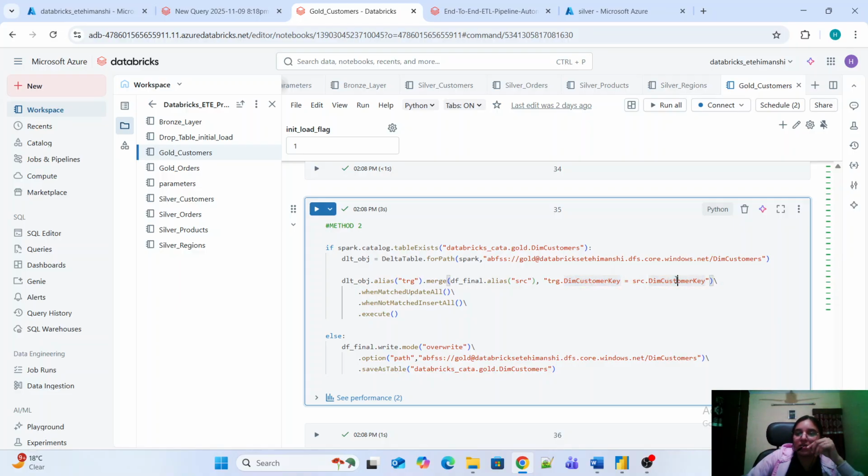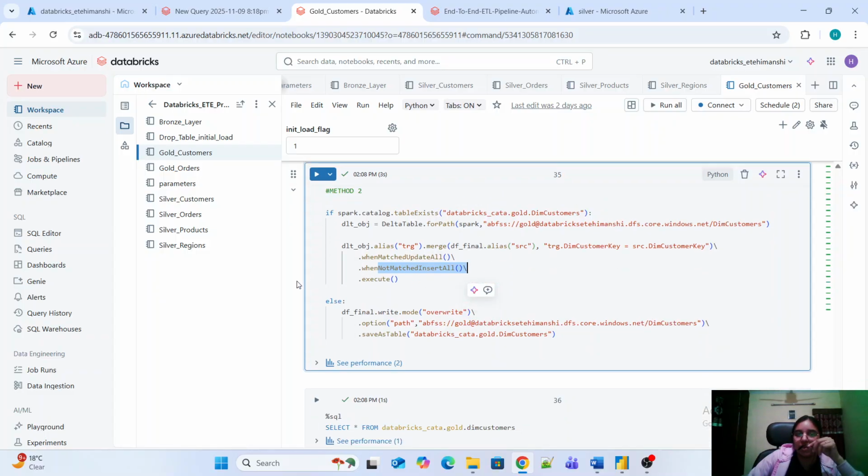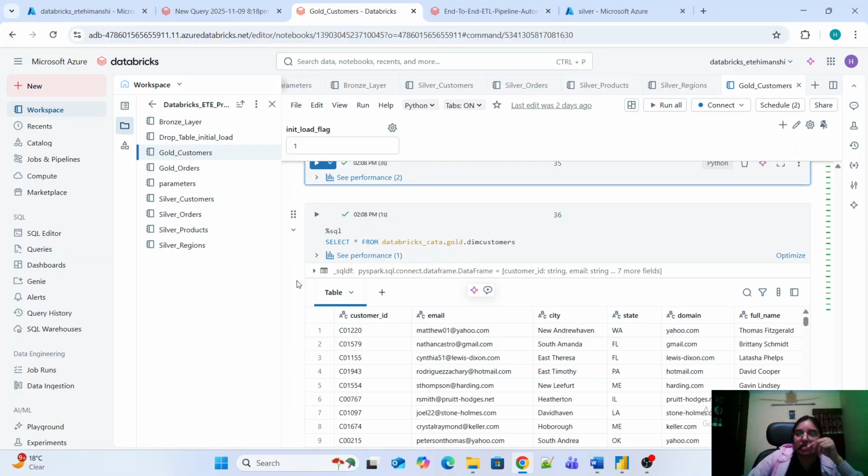So if the dim customer key matches between the new and the already existing one, means it is when matched, then update all, because it is not a new record, it is just an update, or the same record has come in our incremental load, so we can directly update. If the dim customer key does not match with whatever is in the target, then that is a fresh new record, then we directly need to insert it. When not matched, then insert all. So this is the way I have implemented SCD type 1 using PySpark, and then we can